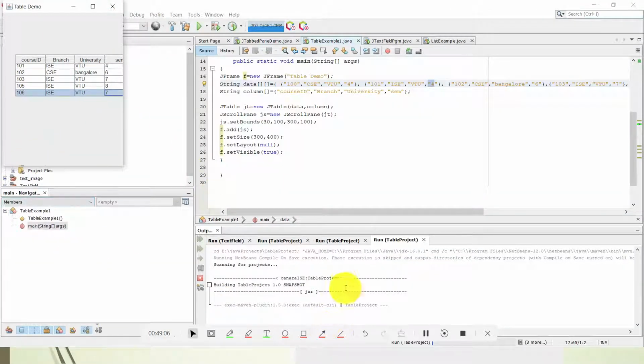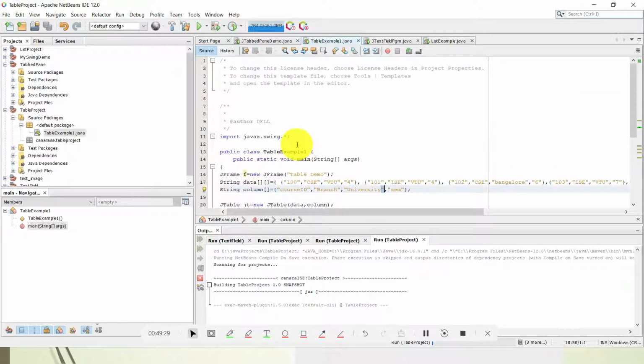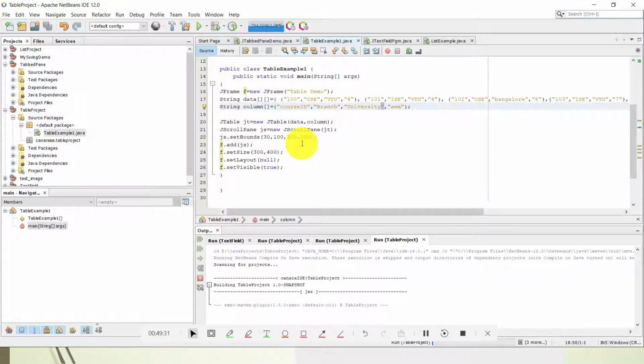So initially I had got one error here. You could have seen just now, when I had built, I got one error. That error was there because there was a double quote inside double quotes. When I was doing the modification in the column, this double quote had come after the comma. So that is why we had that error, and SEM was not getting recognized. So that's all, students. It's a very easy creation. So you can create wonderful things in Swing, students.